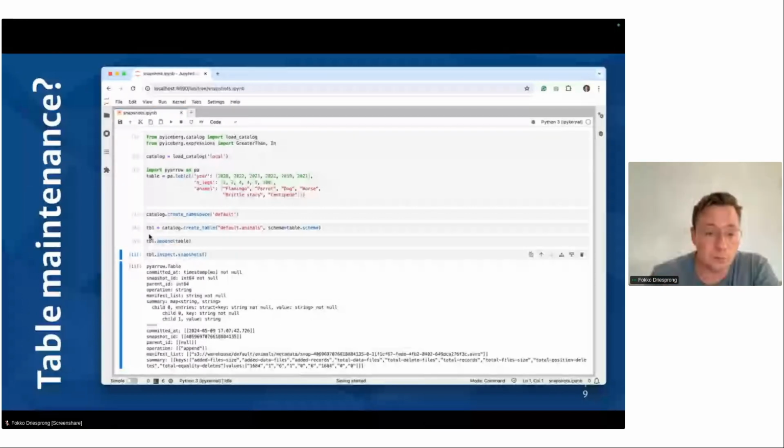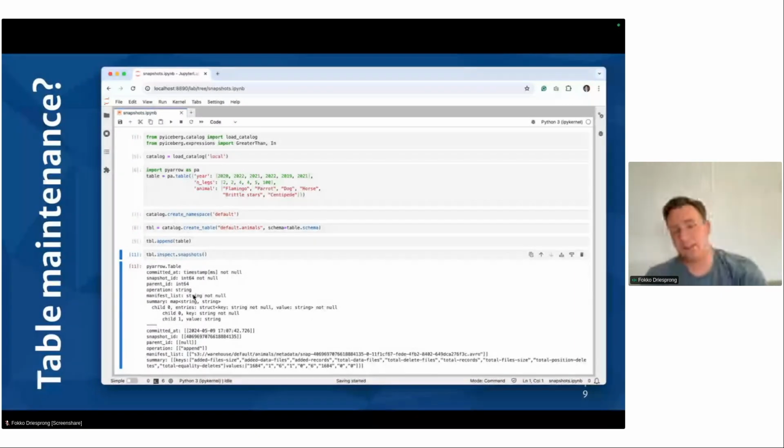What it shows us is that we can get a list of snapshots. In this case, we see one single snapshot. This makes it really easy to implement table maintenance later on. For example, expire snapshots would just be a filter on this table to see how long we are going to keep history. I think by default 7 days or something. After 7 days, we can mark all the snapshots for cleanup and we can remove them.